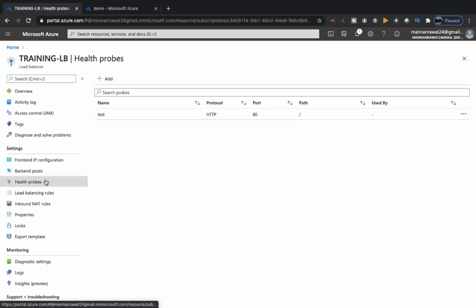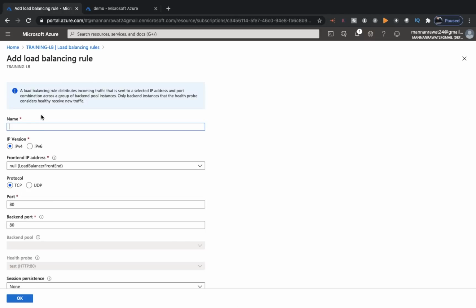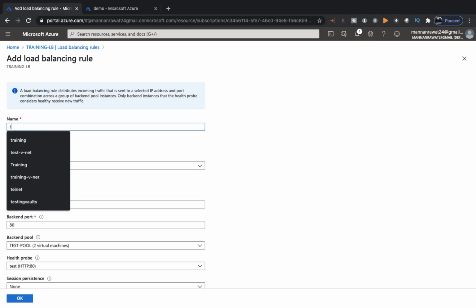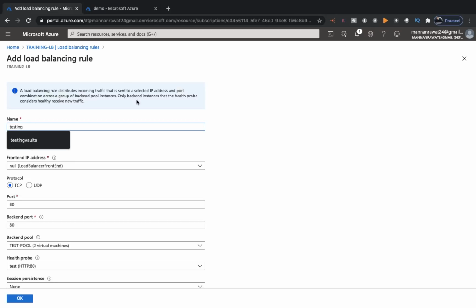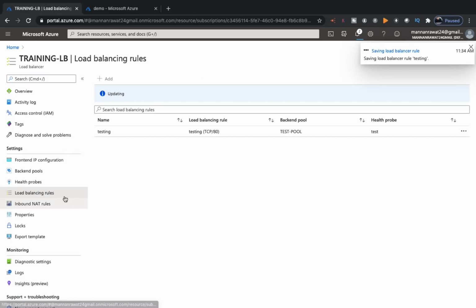Fine, it's updated successfully. Now you need to click on the load balancing rule. You are able to add. Click here. Type any name, like I'm going to proceed with testing, and no need to make any changes here. Just click OK. This is the last and final step to configure our load balancer.